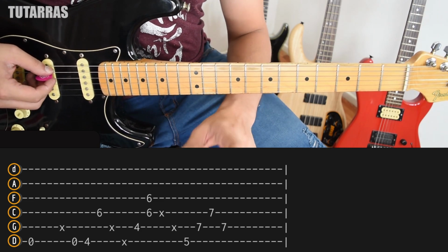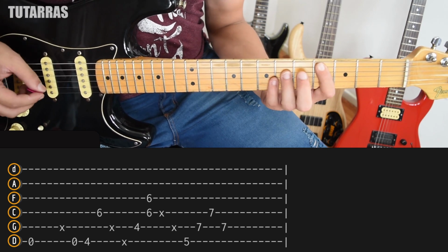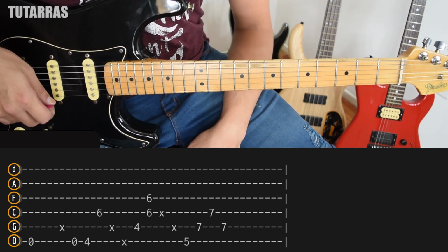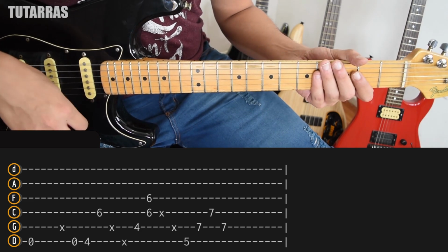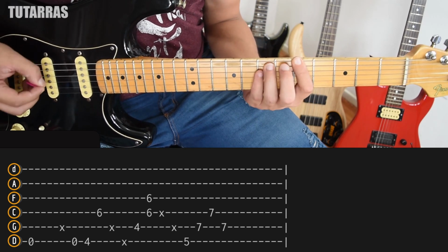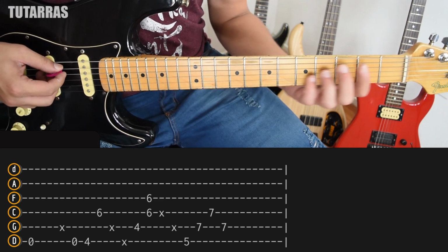Let's go everything in slow tempo. Now, in a slow tempo it sounds really crappy. So I'm gonna play it a little bit faster, and then of course we move to the next section. You know, it sounds a little bit better, like the original song. And then what we're gonna do, we're gonna